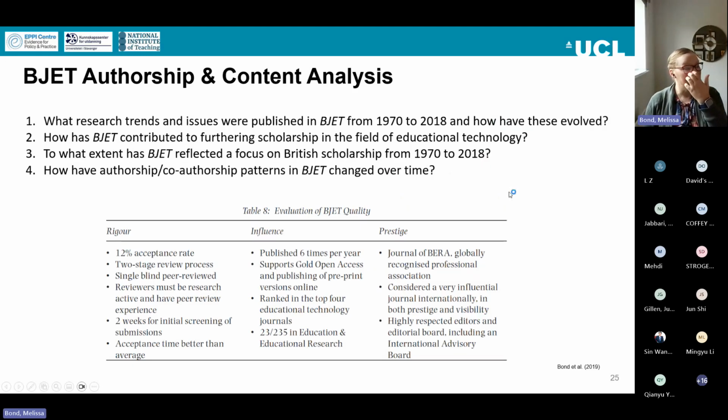And so I've used that for a number of different studies, both within, for example, this authorship and content analysis of the British Journal of Educational Technology, but I've also used it within other synthesis projects, such as a rapid review and mapping reviews as well.